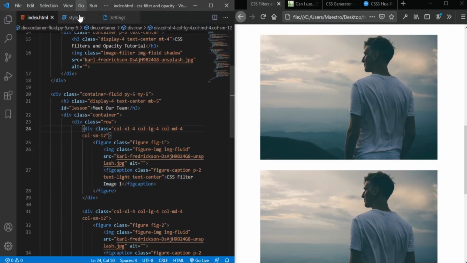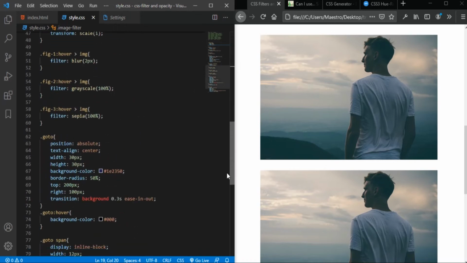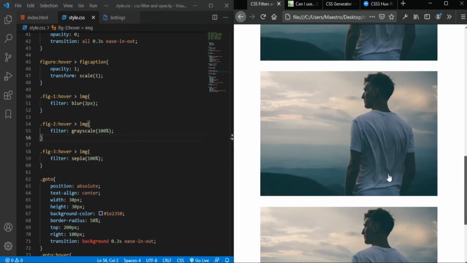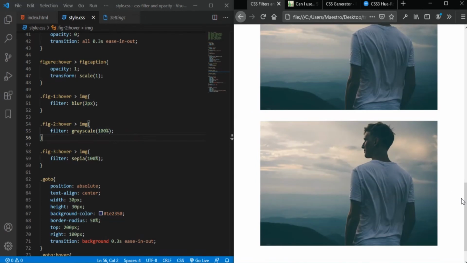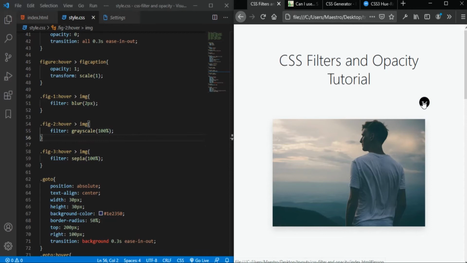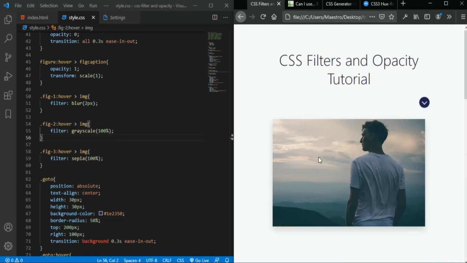And then in the CSS, all I basically have is just the styling, additional styling, and the adding of some filters to some of these images right here. So whenever you hover on them, it's going to add these transitions and effects. And then basically this is just to go to the main part of what we are dealing with. So I'm going to go back up, and okay,